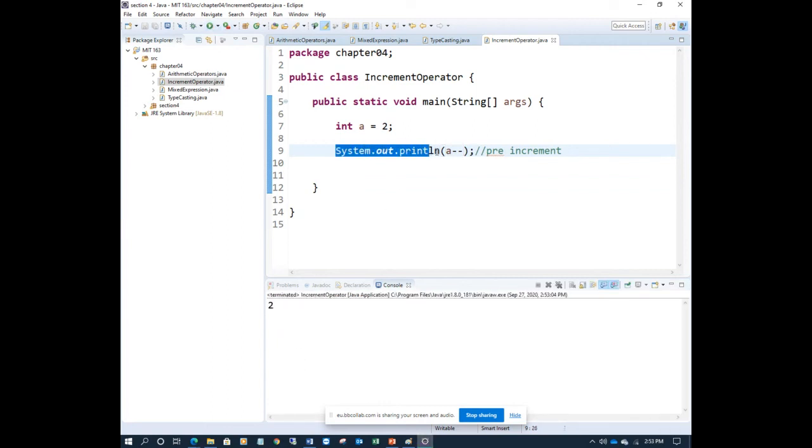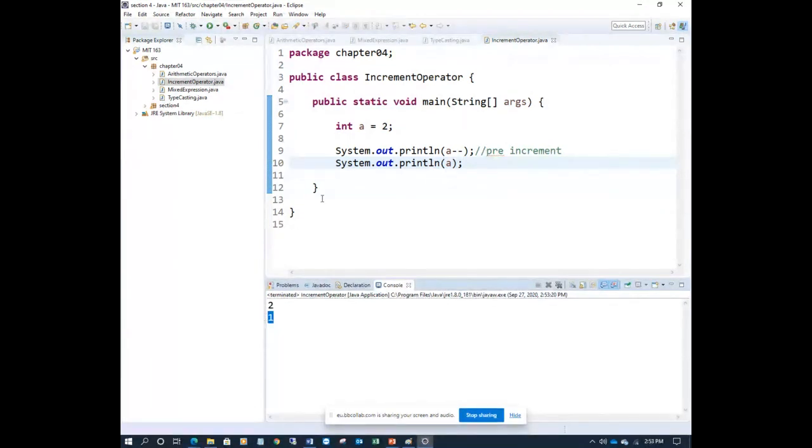If you want to use it again, what is the value of a? It will print the value of a as 1, because you decreased by 1. Can you see the second line as 1? Hope you understand this, guys.